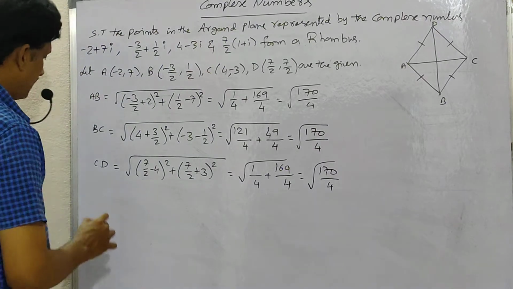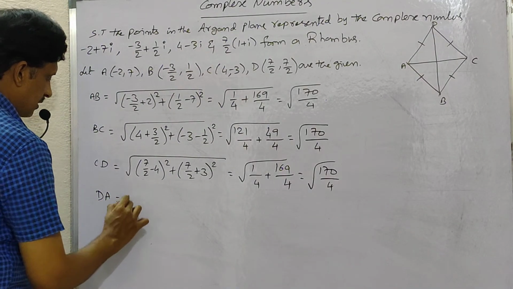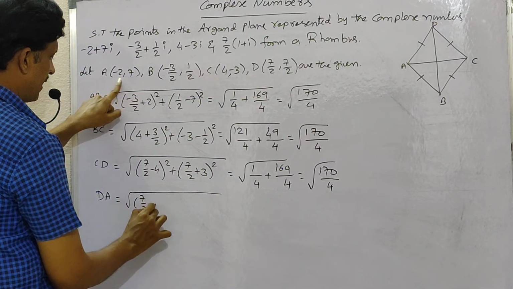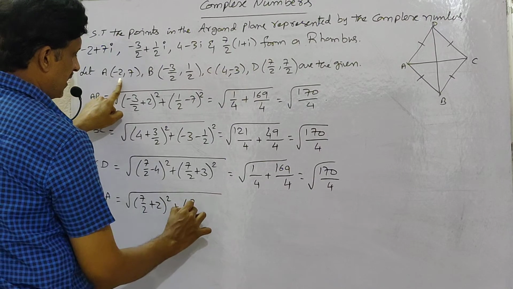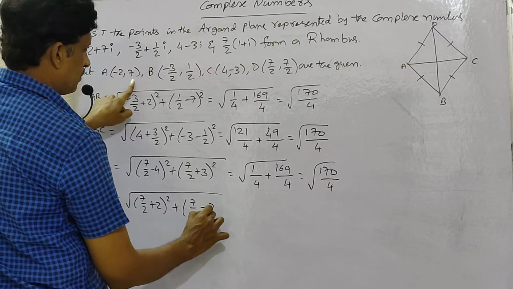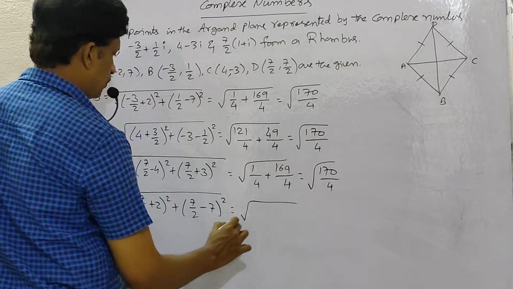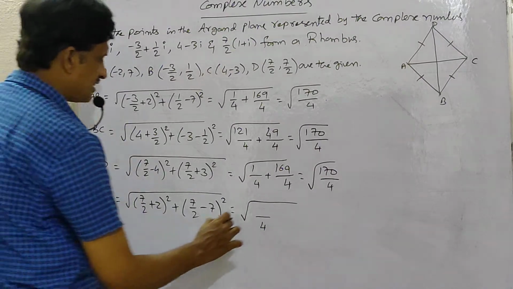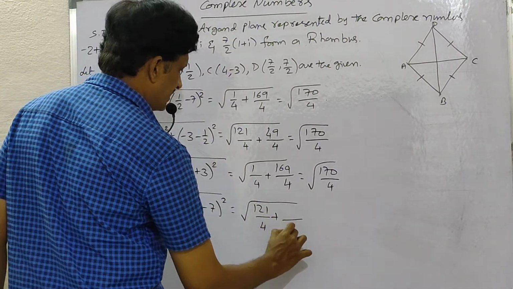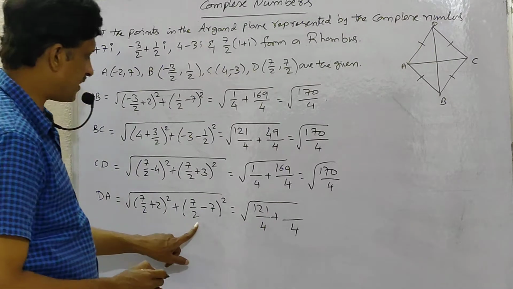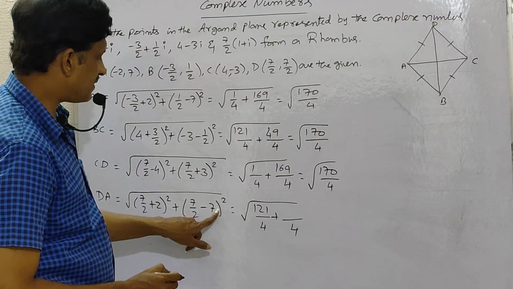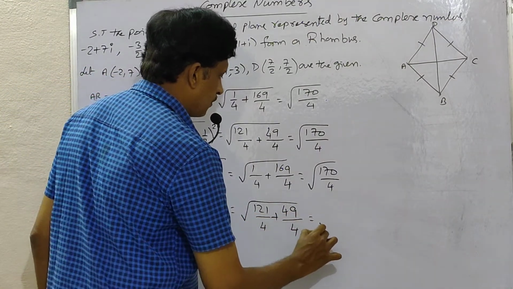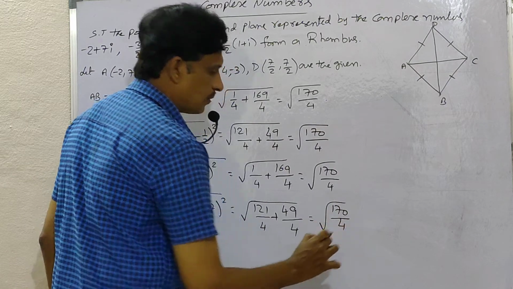Three sides are equal. And DA, that is square root of 7/2 minus of -2, that is +2 whole square, plus 7/2 minus 7 whole square. So 2 square is 4 is the LCM. By taking LCM you will get 2 into 2, 4 plus 7, that is 11 square, 121, and plus here also denominator LCM is 2, that is why 2 square is 4. 2 into minus 7, minus 14 plus 7, that is minus 7 whole square is 49. So again you are getting root 175.